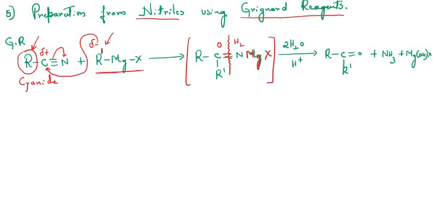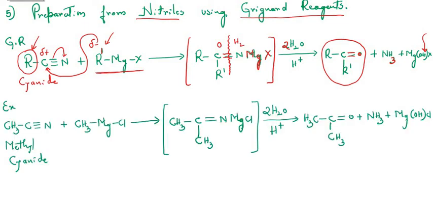So therefore here we get a ketonic compound, which I will encircle so that you can understand: R C double bond O, followed by R dash. It is a ketonic compound, and for the remaining part, here I have written two molecules of water. If you see two molecules of water, altogether there are 4 hydrogens, 2 into 2, that will be 4 hydrogens. So 3 hydrogens are with the ammonia molecule, and 1 hydrogen is present with what? Magnesium hydroxy halide.